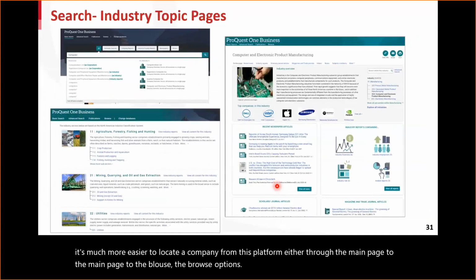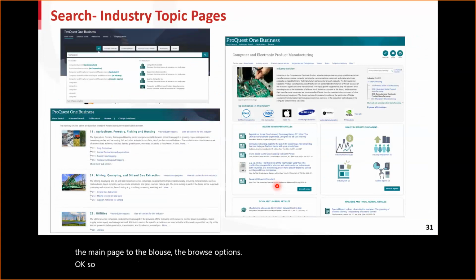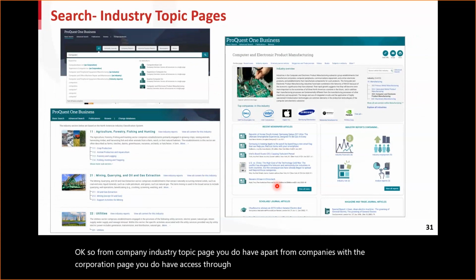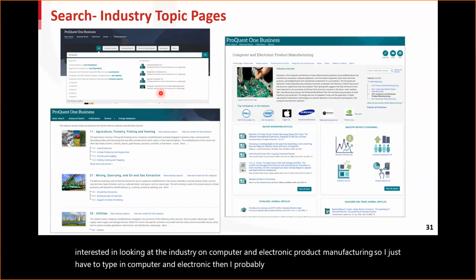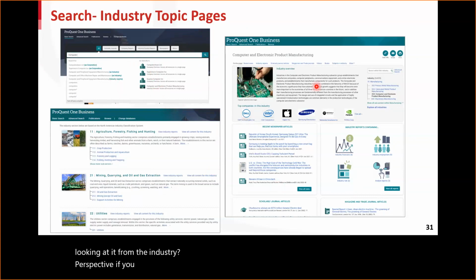Okay. So apart from the company pages, the corporation page, you do have access to the industry topic page. So for instance, if I'm interested in looking at the industry on computer and electronic product manufacturing, I just have to type in computer and electronic, then I probably get a drop-down list saying, are you looking at it from the industry perspective? You click yes, and then it will take you through the entire industry's